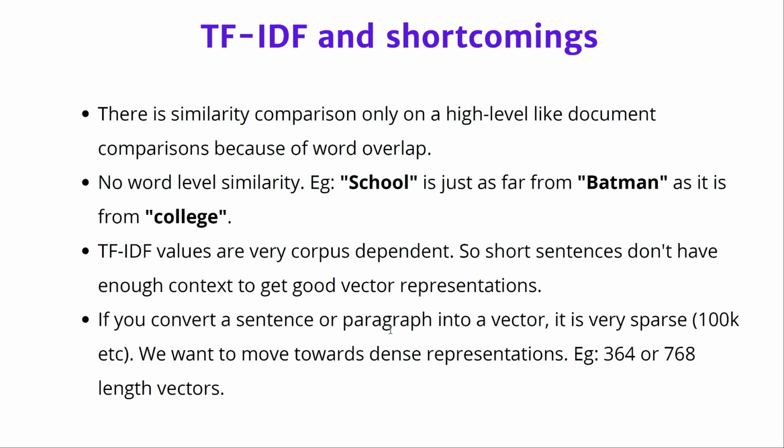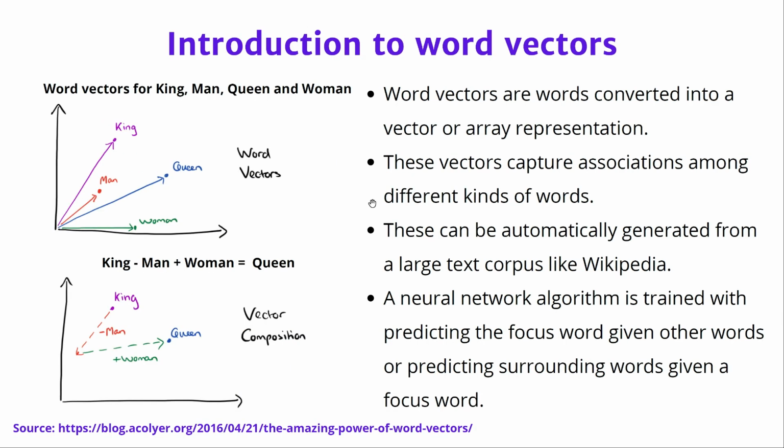For example, if a sentence could be represented in just a 364 length vector or 768 length vector, that's perfect for us, because now you can do comparisons of sentences or documents or paragraphs with each other, and also in a high quality manner, because these are dense vectors, they will also capture similar words together, etc. So exactly taking the point of TF-IDF where a word is not represented by a vector and you do not know anything about how similar two words are together, etc.